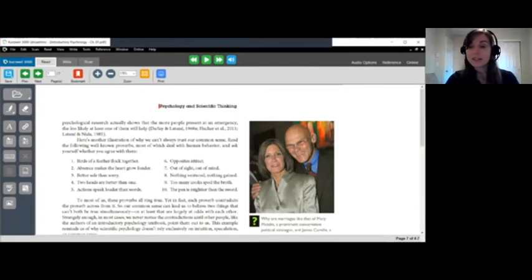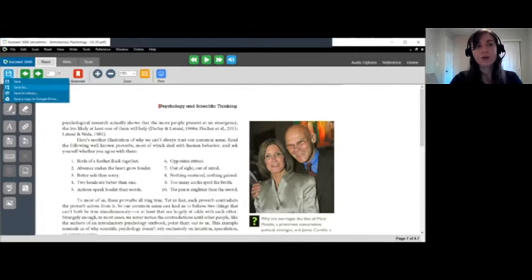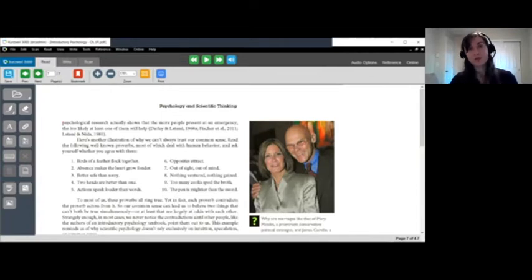So once everything is done, the first thing you'll want to do is save. So you can navigate to the save icon here on the top left. And then you'll want to save this either to your computer, to the Universal Library, or to Google Drive. The reason being that if you do not save this and then you need to come back to the document, you'll have to wait for Kurzweil to convert that whole document again, which can take a few minutes or more depending on how long the document is.